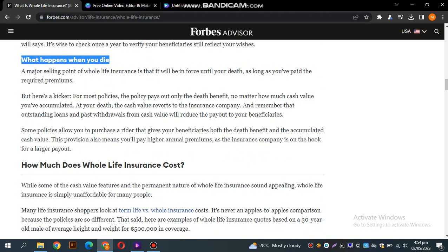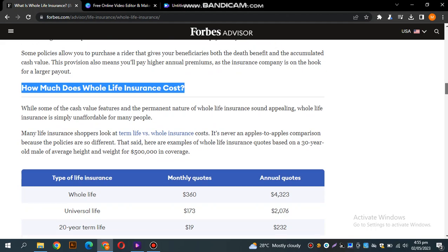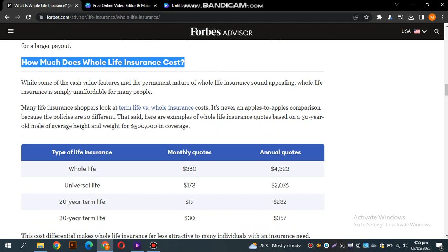Some policies allow you to purchase a rider that gives your beneficiaries both the death benefit and the accumulated cash value. This provision also means you'll pay higher annual premiums, as the insurance company is on the hook for a larger payout. How much does whole life insurance cost? While some of the cash value features and the permanent nature of whole life insurance